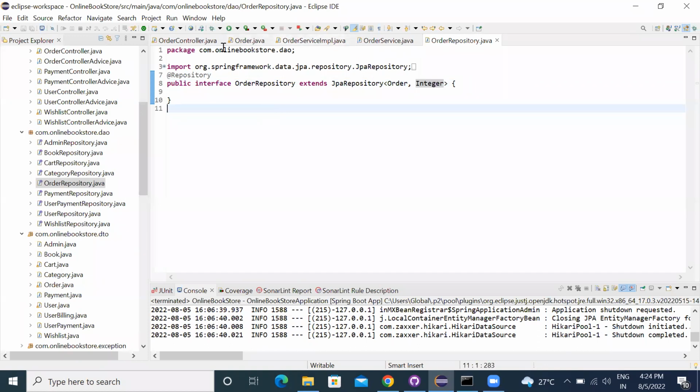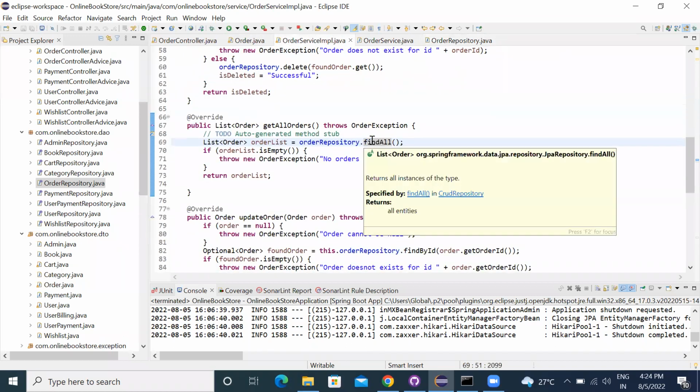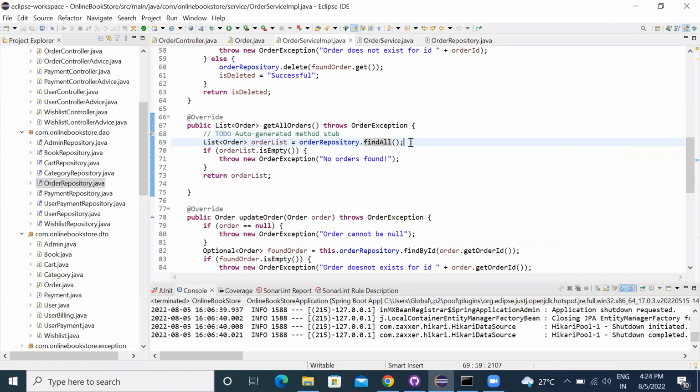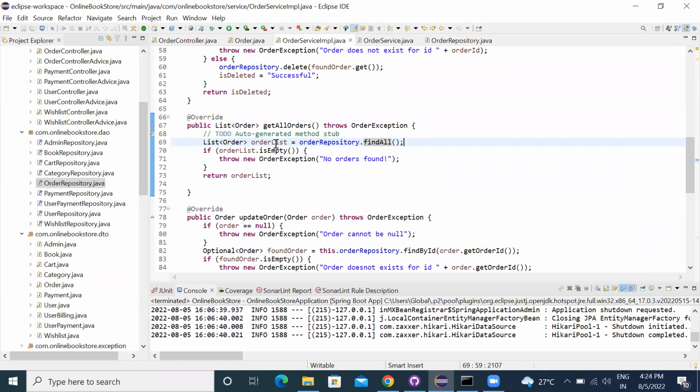Okay, that's good. So, sir, this is a predefined function find all, which returns a list, sir, like list of order, and we are storing it in an order list. And after that, we are checking whether this list is empty or not, and if this list is empty, then it will return no orders found, and otherwise it will return the order list, sir.